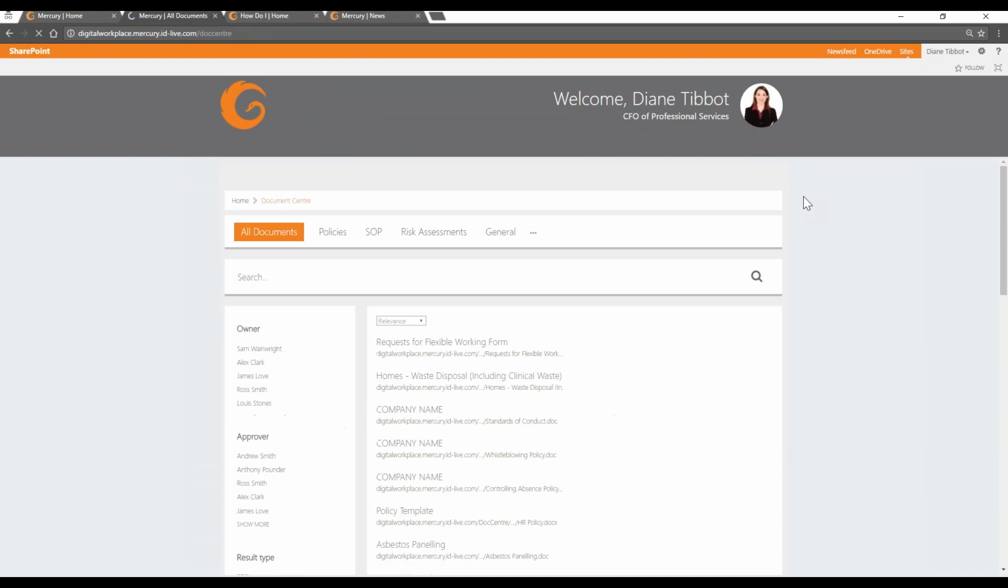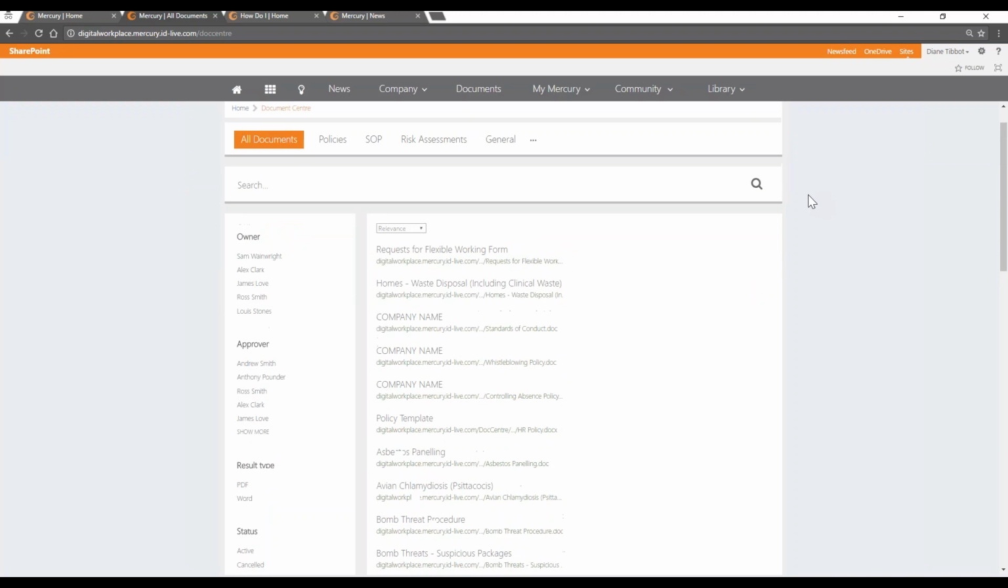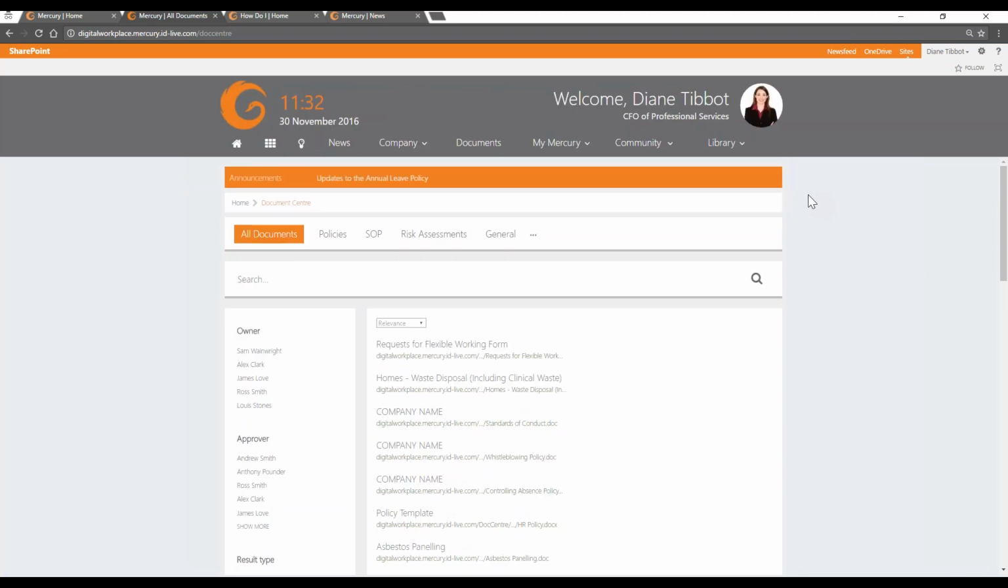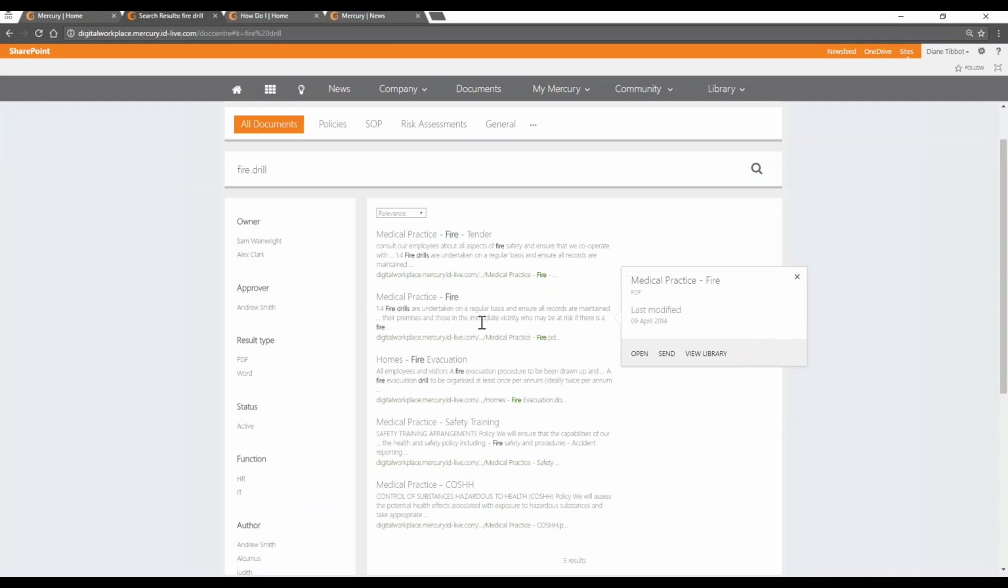So if I click on the documents link, I'll come through to the document center. So this is really a place for all of our documents across the whole intranet. We can also show documents from your team sites, from your project sites, etc. So if I search in here, for example, I want to look at what the fire drill is. So you can see here, as soon as I search fire drill, I've got all the documents, the fire evacuation